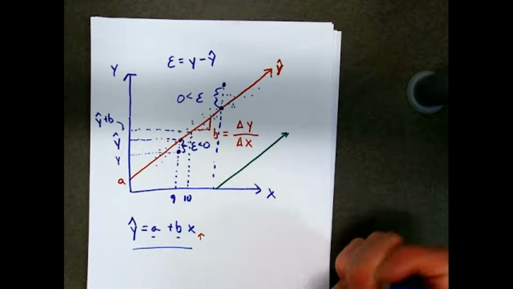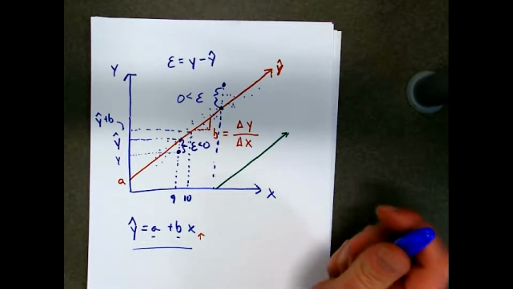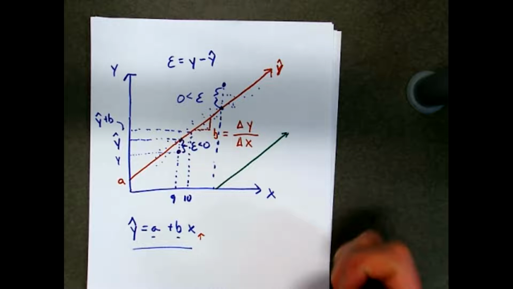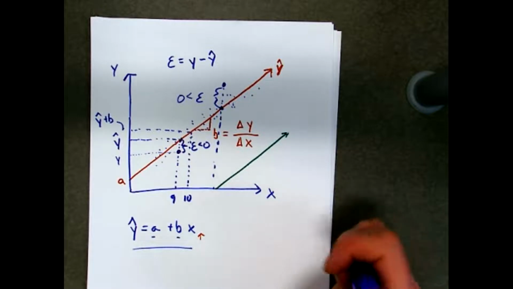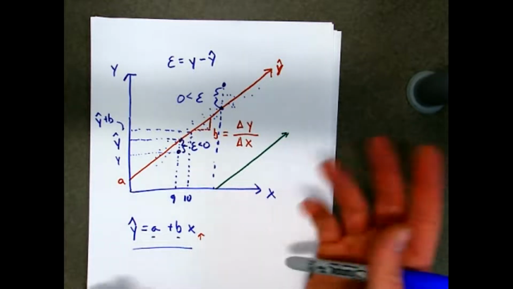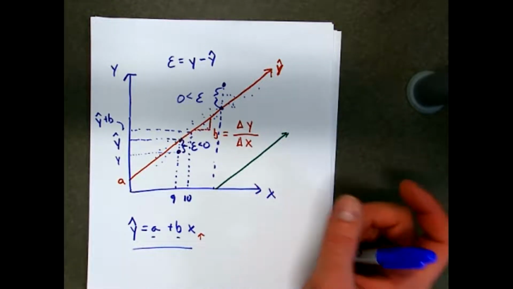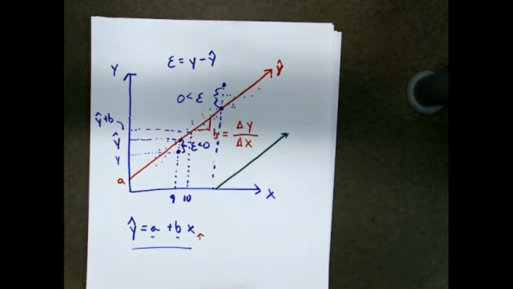So if I don't really care about the direction or the sign, we've done it in Excel for the last couple of things. I could just take the absolute value, right? I don't care if it's a negative or a positive error. I just care about the size of the error. The problem is the absolute value won't completely